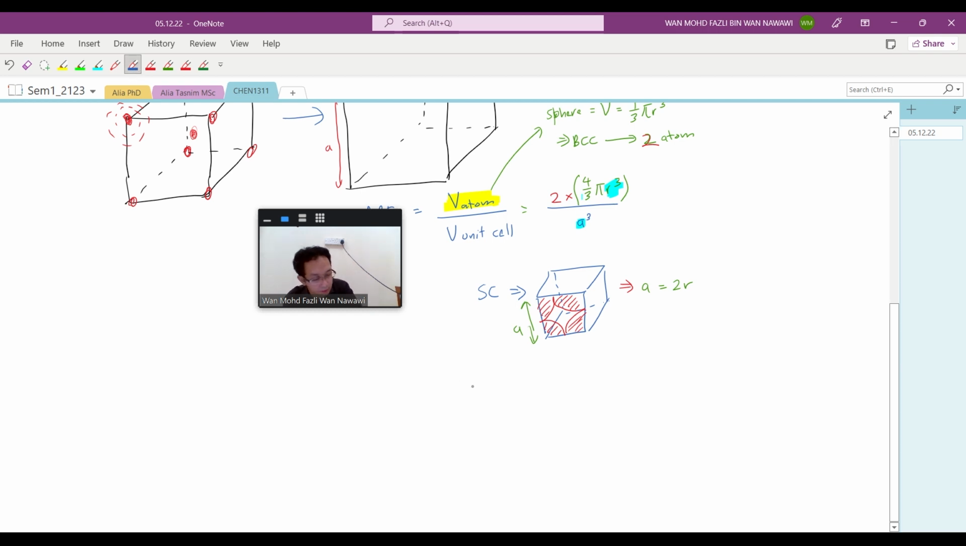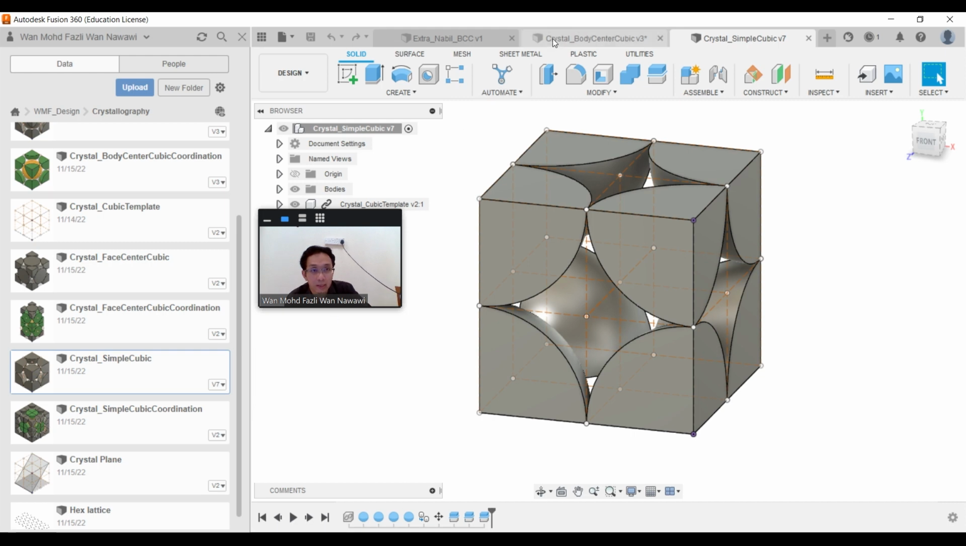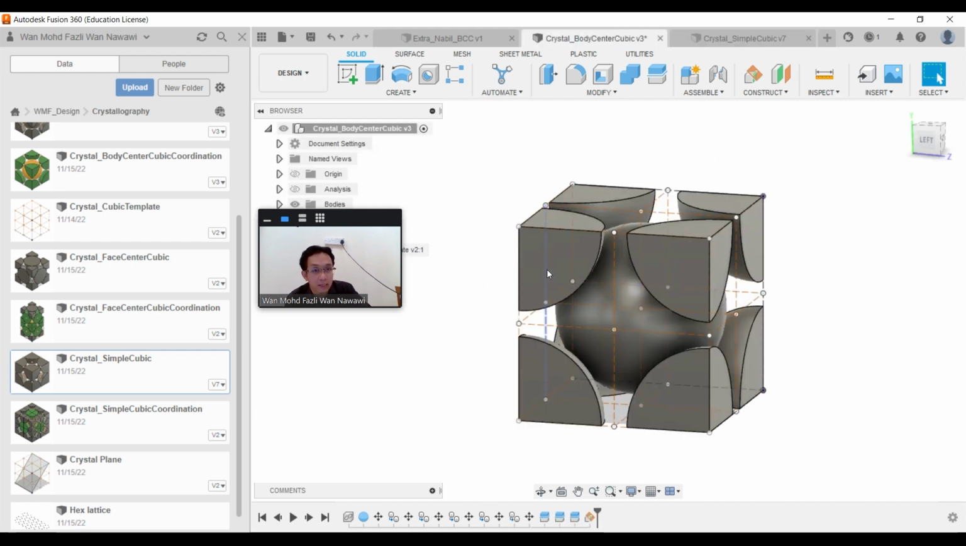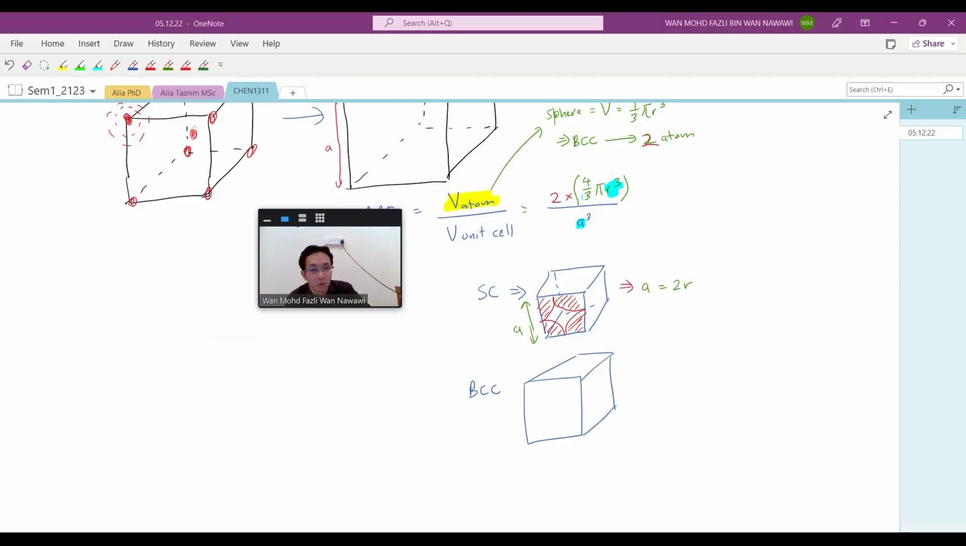If you look at the BCC now, if I draw like this, if you look at this crystal for the BCC, this corner atom doesn't touch the other corner atom. So it means that you have something like this, and this, and this, and then you have something like this, and then in the middle you have another one. But remember,